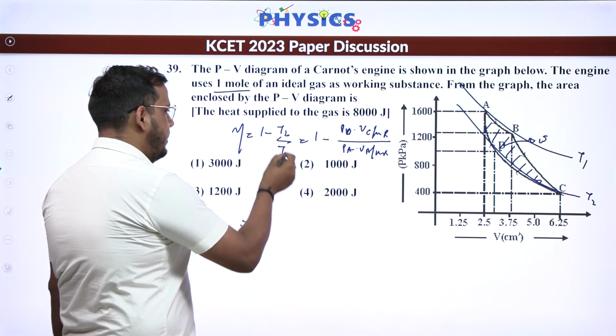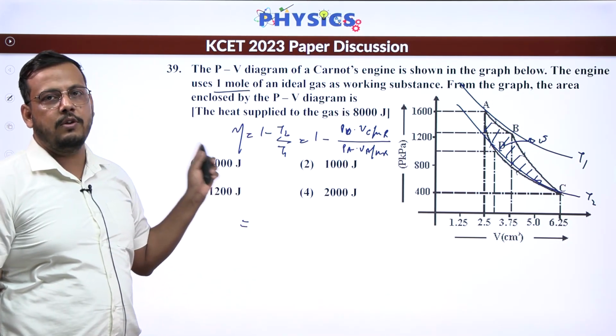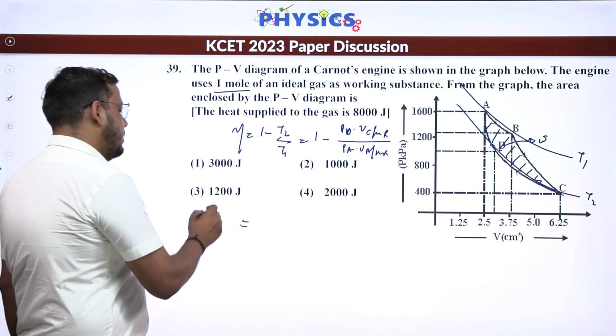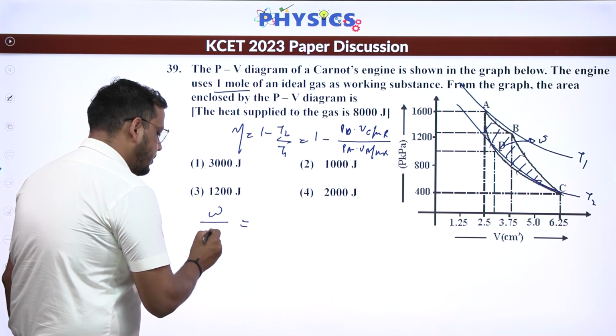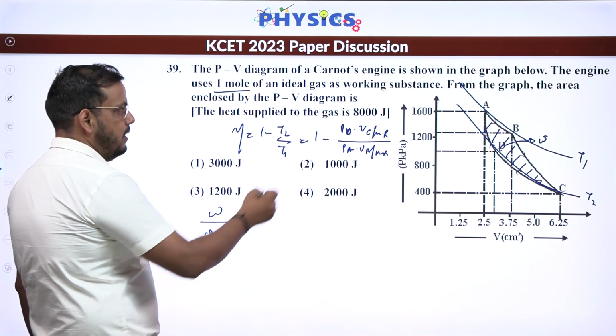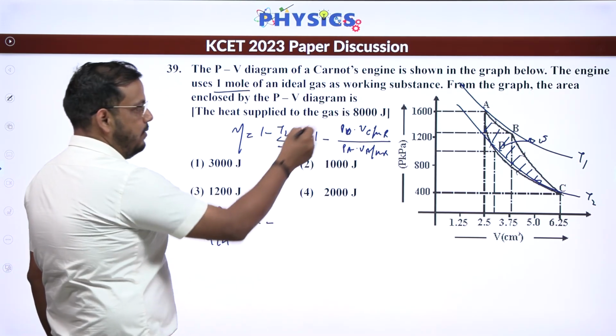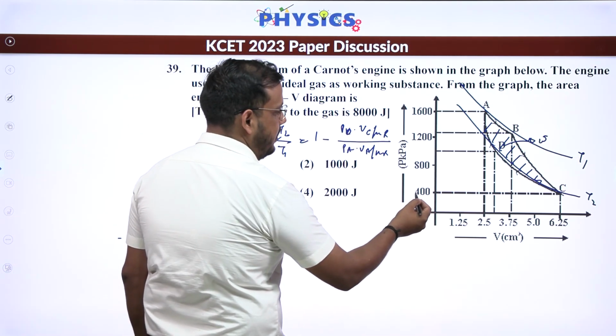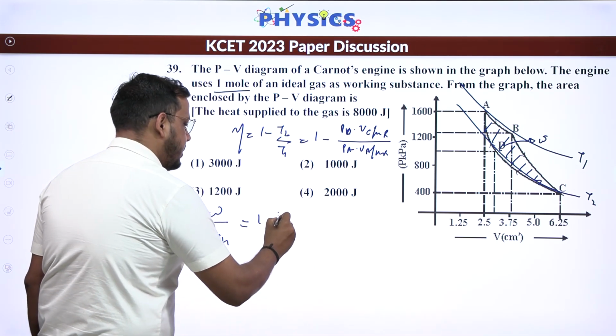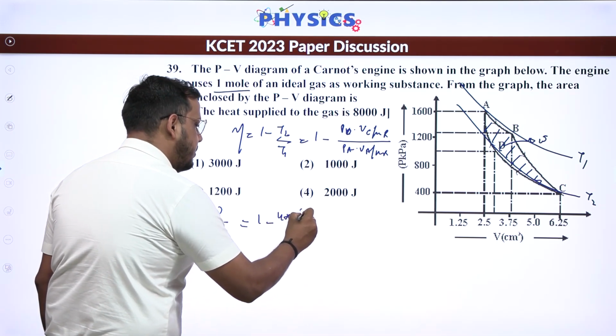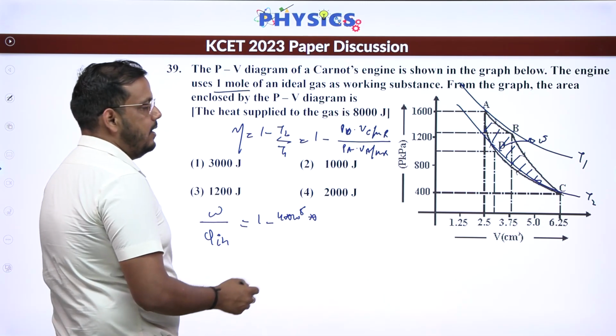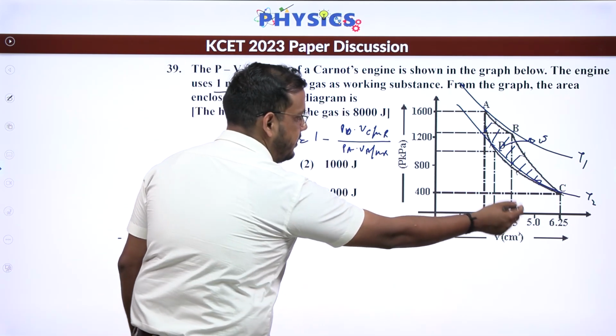Now here we can place the values and we will put the definition of efficiency. Efficiency is actually work done by heat input, so Q input, and here we got 1 minus, what is the pressure at point C? Pressure at point C is 400 kilopascal. So we can write here 4 into 10 raised to power 5. And volume at point C is 6.25